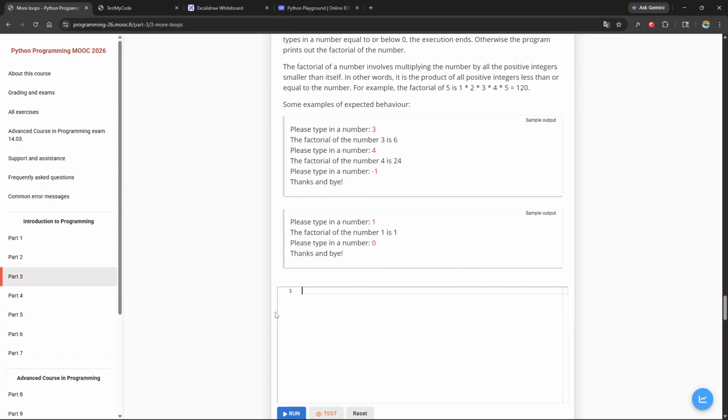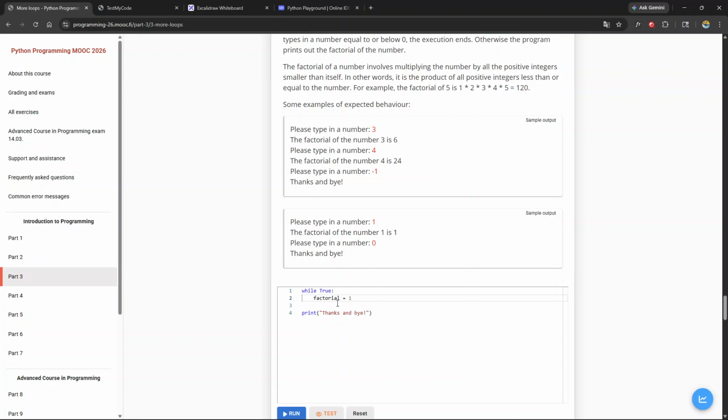So we know that we're going to have to print thanks and bye, right? So I'm just going to put that as the last thing. Thanks and bye, right? That's our sentence when we kick ourselves out of the loop. So I think in this instance, we're going to have a while true loop because we have to keep looping over and over and over again, and we're only going to be kicking ourselves out of the loop when we check the condition inside of the loop. So while true,